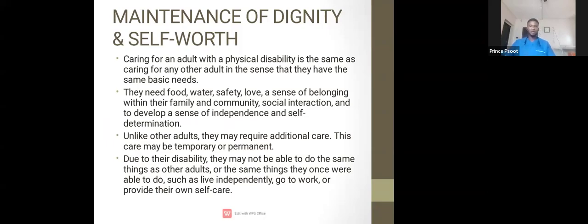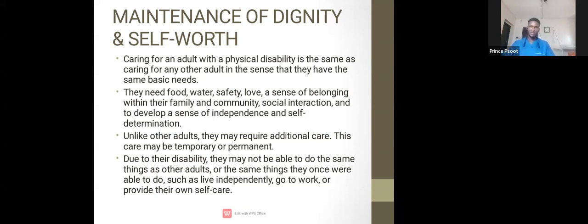I believe it's not the first time we are hearing the words dignity and self-worth. Even in our previous module, we mentioned dignity and self-worth once or twice. When caring for an adult with a physical disability, it is the same as caring for any other adult, because they have the same basic needs. We understood in the previous lectures Maslow's hierarchy of needs, and that every human being, either able-bodied or disabled,